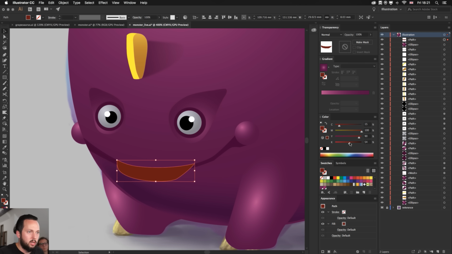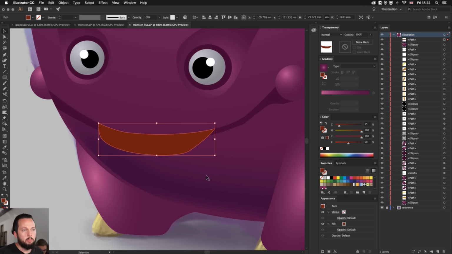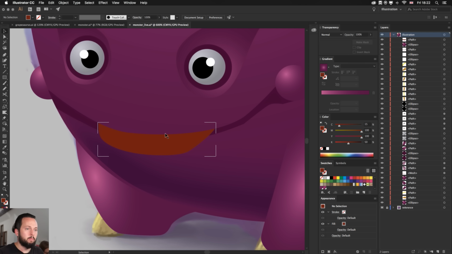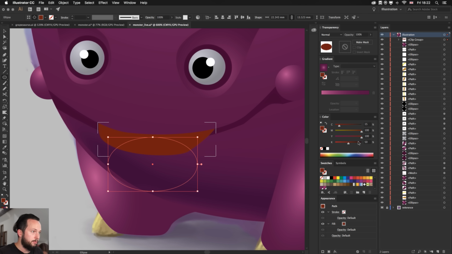And now I'm going to show you a really cool technique. I love this feature. It's called Draw Inside. It's like using a clipping mask. It actually creates a clipping mask. All you have to do is to press Shift D twice until you see a little corner point showing up around the object. So that means you are drawing inside that shape. And if I now start drawing anything like a circle, it's going to be within that shape that we already created. So this contains whatever I'm drawing from this point on, and that's great because we can use this for creating the tongue of the monster.